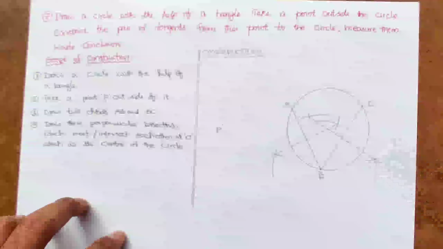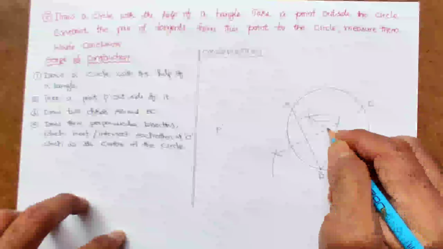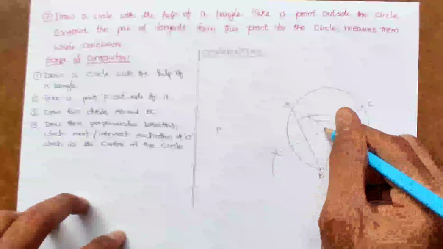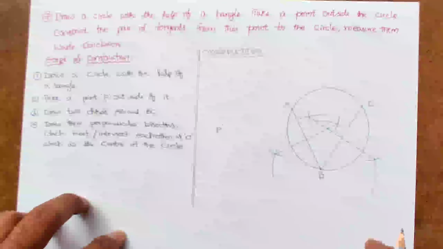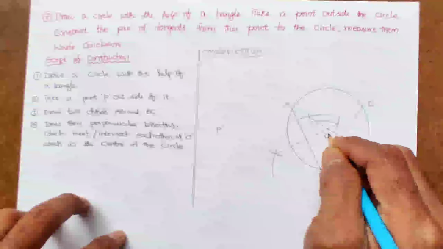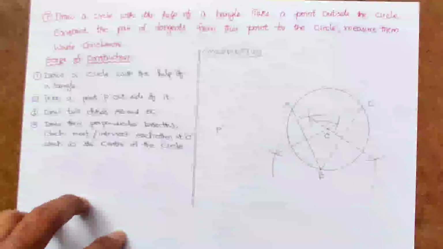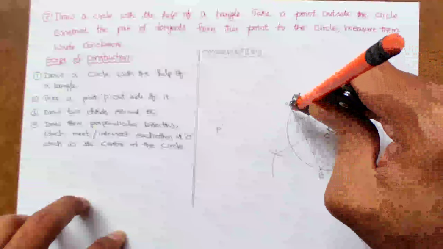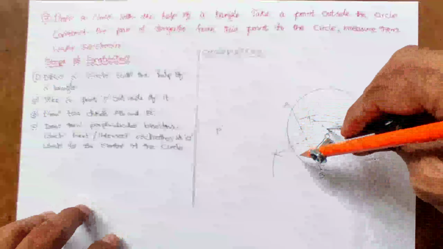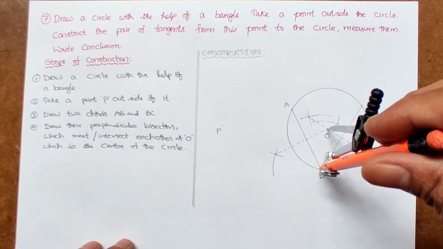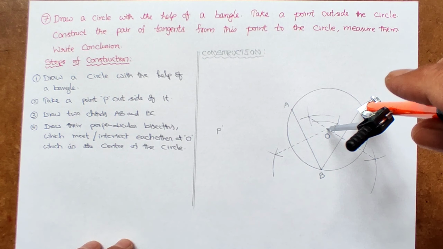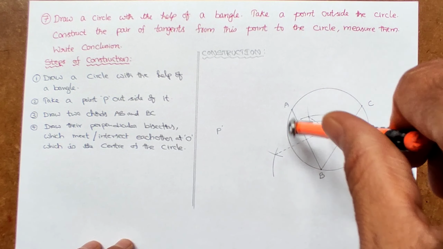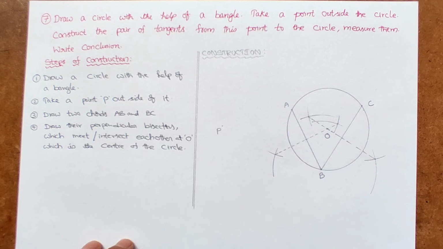Okay, here where both of them they met each other, they intersect each other, this point. Hope you are understanding. Where both the perpendicular bisectors of AB and BC meet, this is nothing but center of the circle O. If at all you want, you can measure OA, OB and OC. Definitely all the three are equal. See here I am measuring, this is OA. Same way here OB. Same way here OC also. See, we get the same circle as we have drawn with bangle, right? Just I am not drawing, just I am showing you.